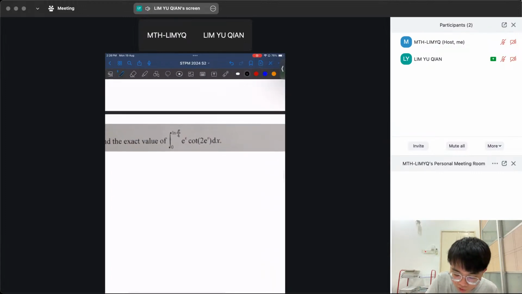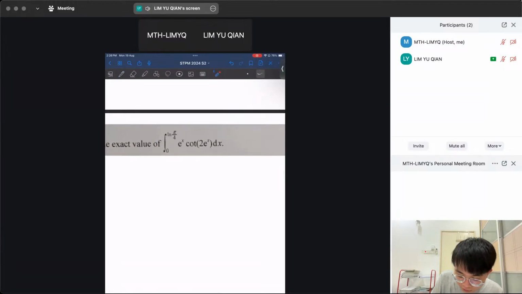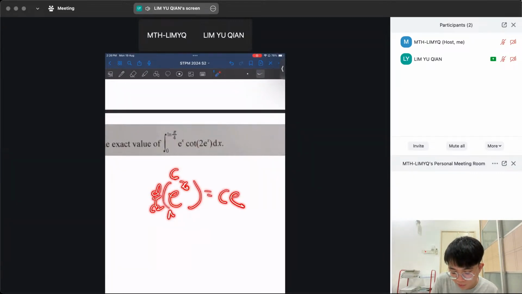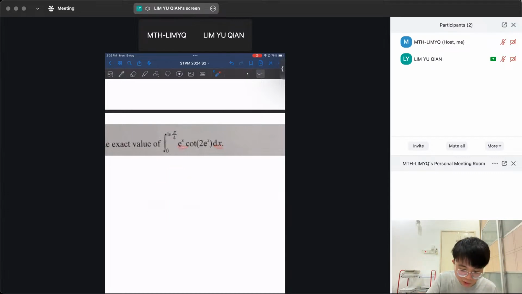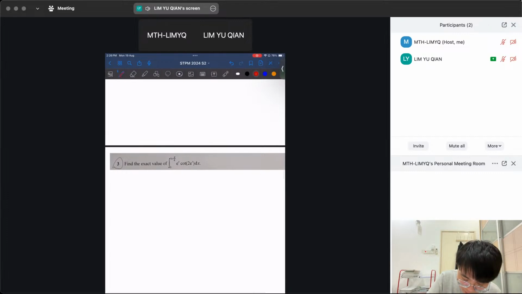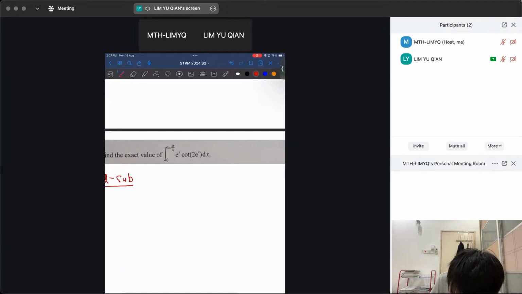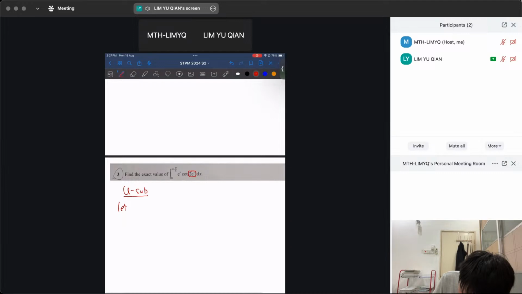U substitution. How to recognize U substitution? When you differentiate this one, you still have e^x. e^x is something you differentiate and you still have e^x, whatever the constant multiple, c e^x. But the key is you can make e^x and dx together. So you put them together. This method is U sub. So let it be the inside thing. Let u equal 2e^x.